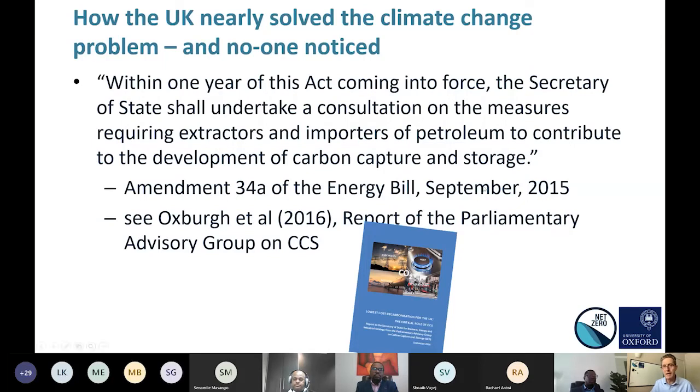Companies, by stepping up and pointing out that this is possible, could empower their governments to actually take the necessary steps to require the fossil fuel industry to start moving on to a sustainable path. And it's very much in the interests of investors to do this. If we go to the next slide,